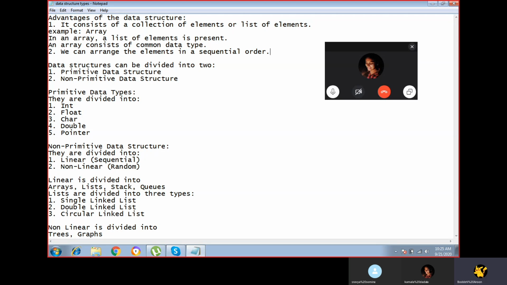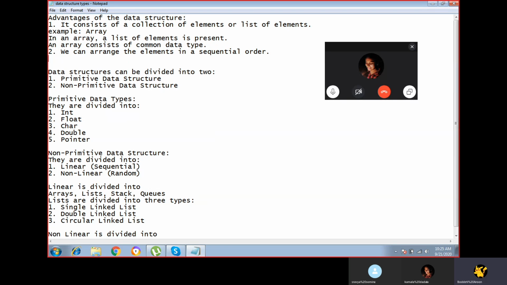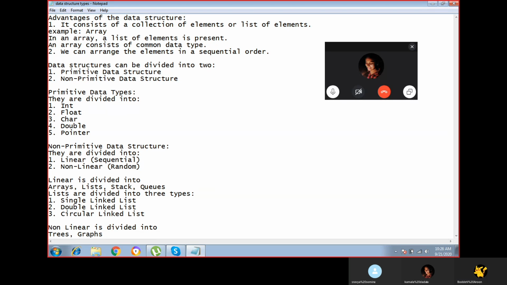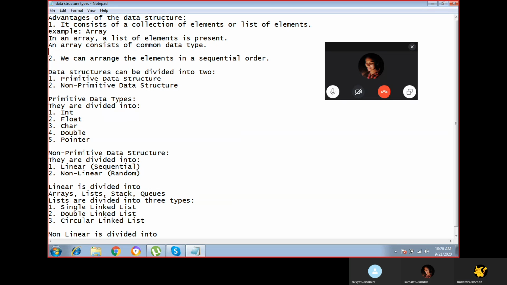That is, we can order the elements in continuous memory locations. And also another point is that in an array we can order and arrange the elements.